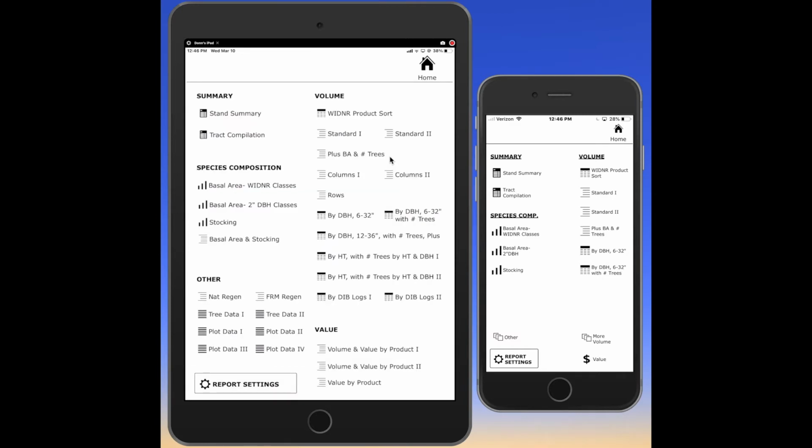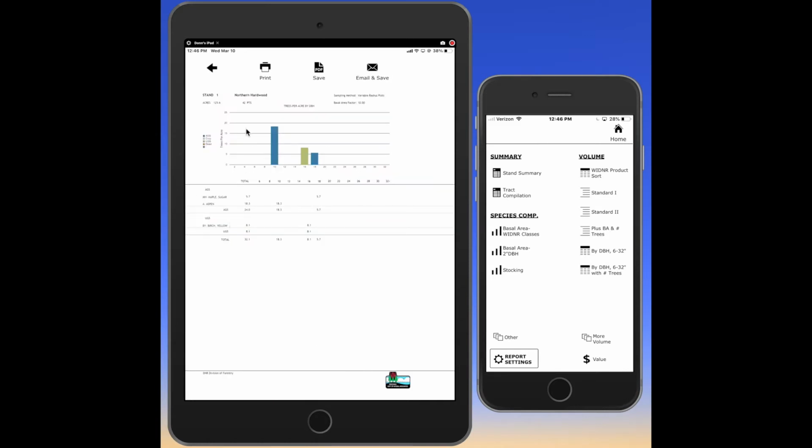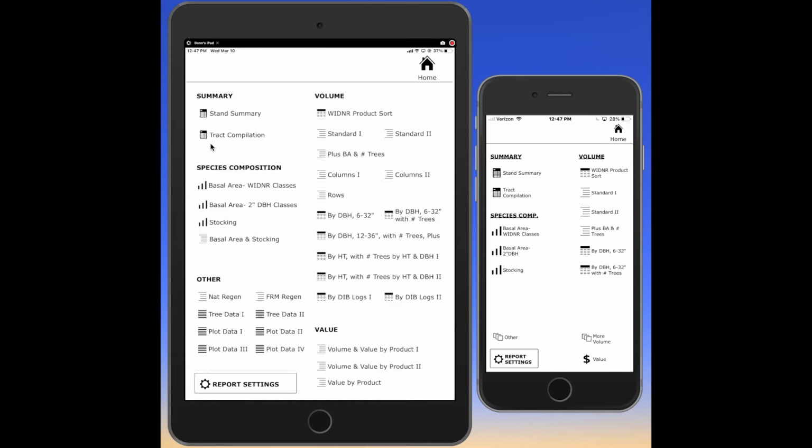There are a number of other reports, including a diameter distribution graph under the stocking title, and this will show your diameter distribution, in this case, acceptable and unacceptable. Crop and dead trees were also two options in that pick list that we didn't use. Beyond that, it's worth just taking a few minutes and going through each of these reports. You'll find examples of many of these reports in your manual, but just to illustrate,